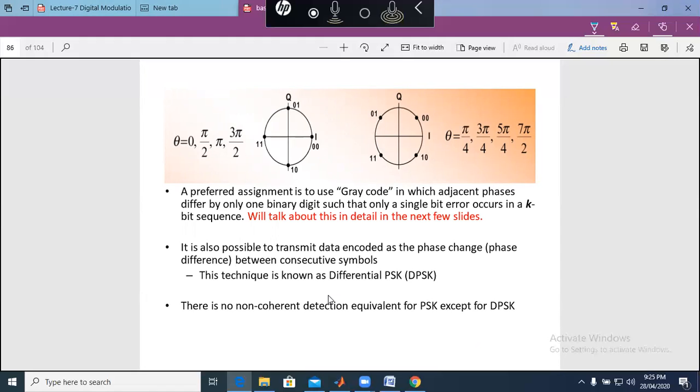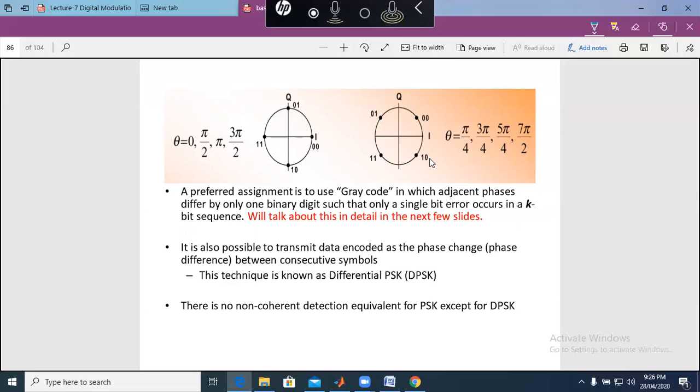So also, last time we discussed the gray coding scheme. In the gray coding scheme, we increase the decision boundaries of the detected symbols. In that way, we reduce the probability of bit error. So this is in fact the gray coded scheme in which every adjacent bit